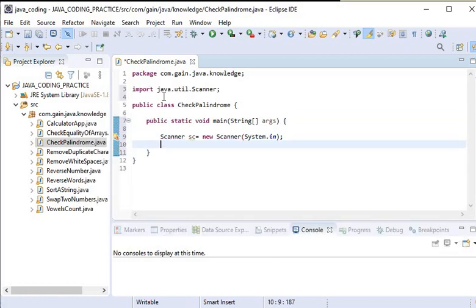And here I will print one statement, that is, enter any string value.